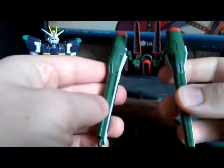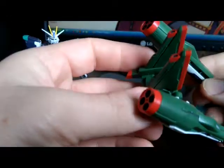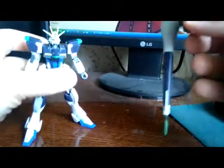So we have a very nice looking, unique backpack, which wasn't included anywhere else. It has some articulations here, not very sturdy, so you have to be very careful not to break it. I don't think anyone will be playing with this thing, just some posing, which we'll try to do now. Okay, so